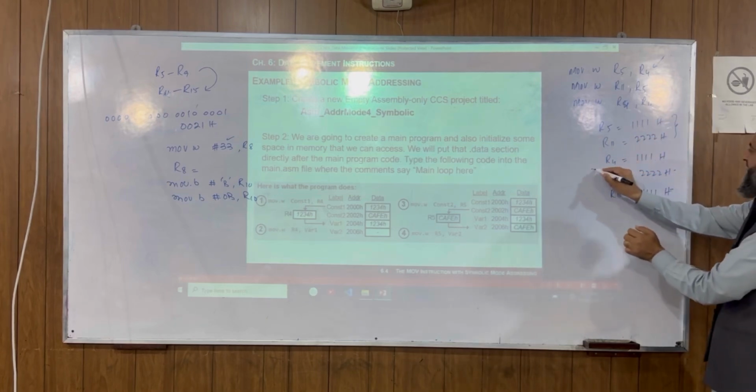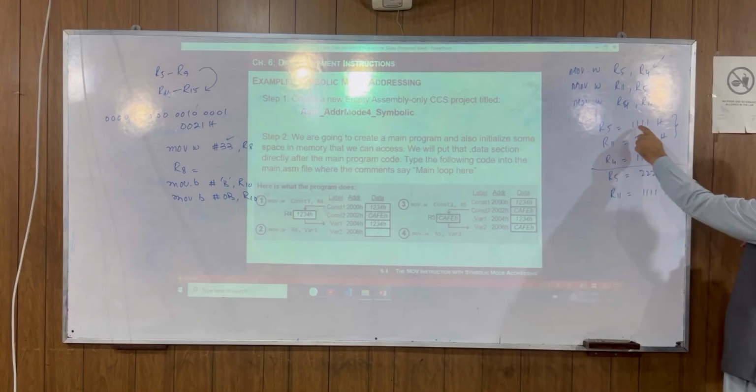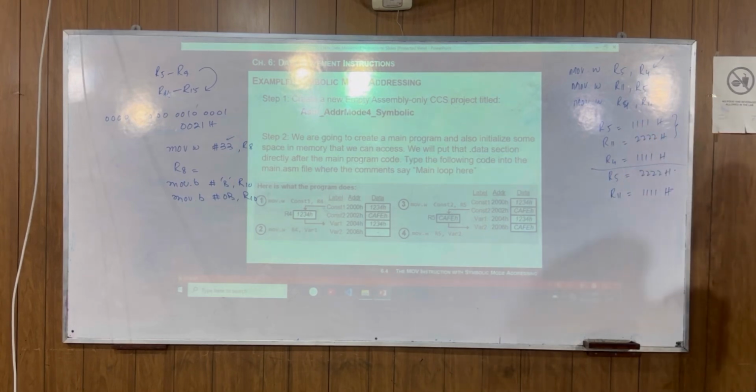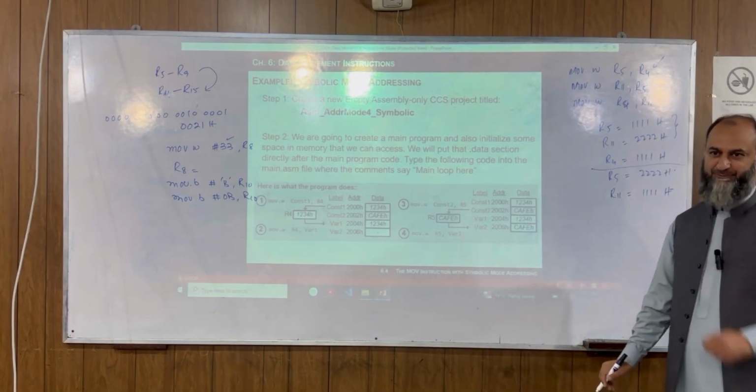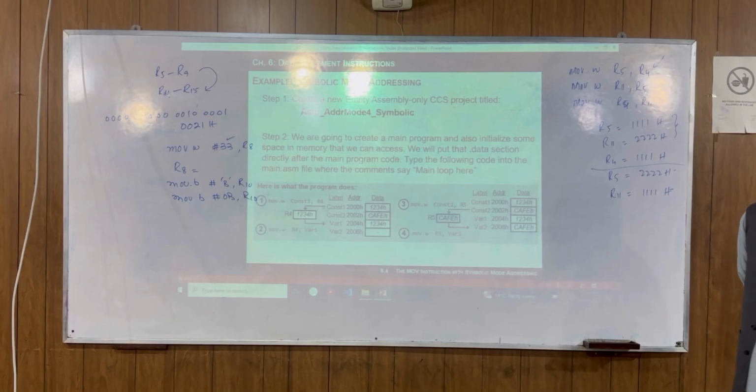देखे ना यहाँ पे आप आ गए. So both contents remain the same. So R5 will not be lost there. This is only a data copy operation, and the contents will not be lost here. आपके कोई contents lost नहीं होते. So you can repeat it again and again to accomplish the complete program there. Is it right? Okay.